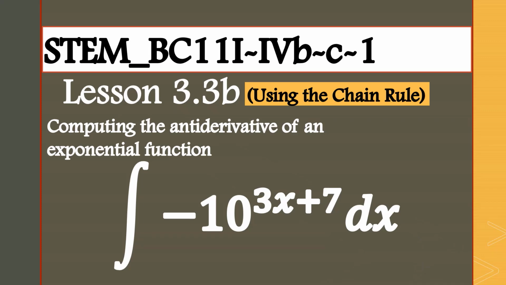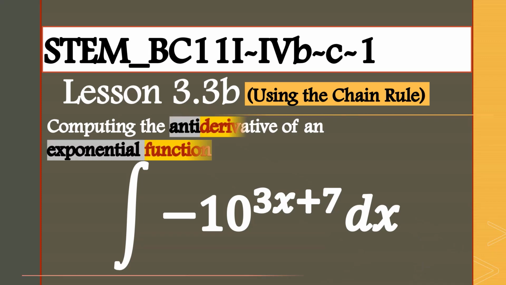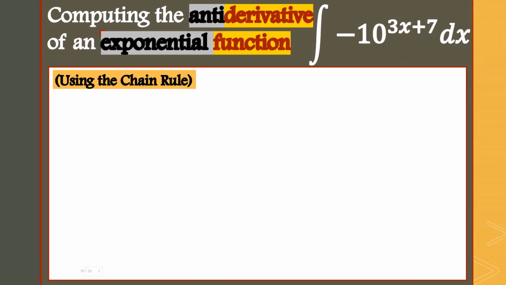Let's compute the antiderivative of this given exponential function using the chain rule. So we are still on exponential functions, which could be using chain rule. So we will have here the integral of negative 10 to the power of 3x plus 7 dx. Now before we go to the chain rule, since our given is an exponential form, we have here the constant raised to a binomial expression, we can use here one of those two rules for differentiating or anti-differentiation for exponential